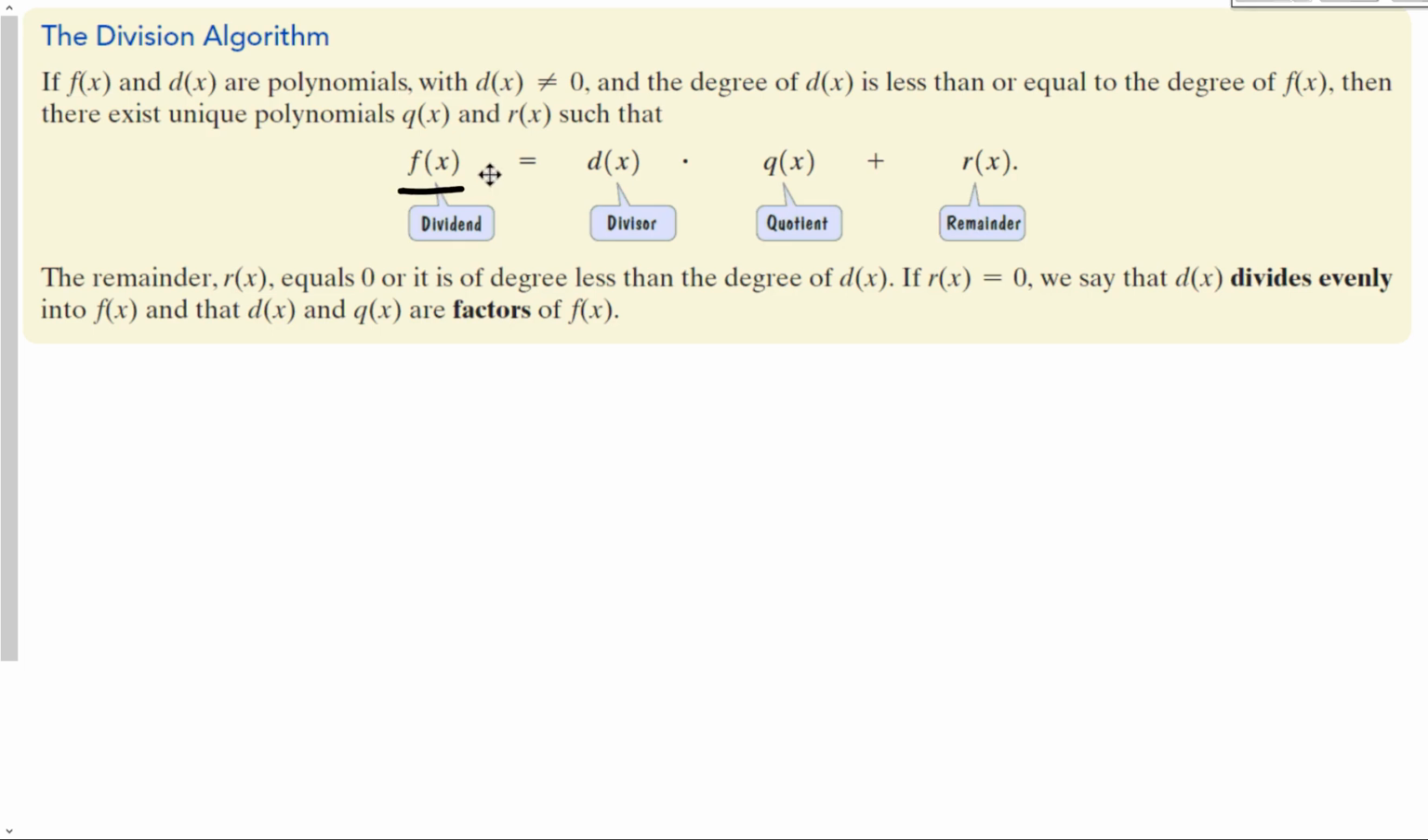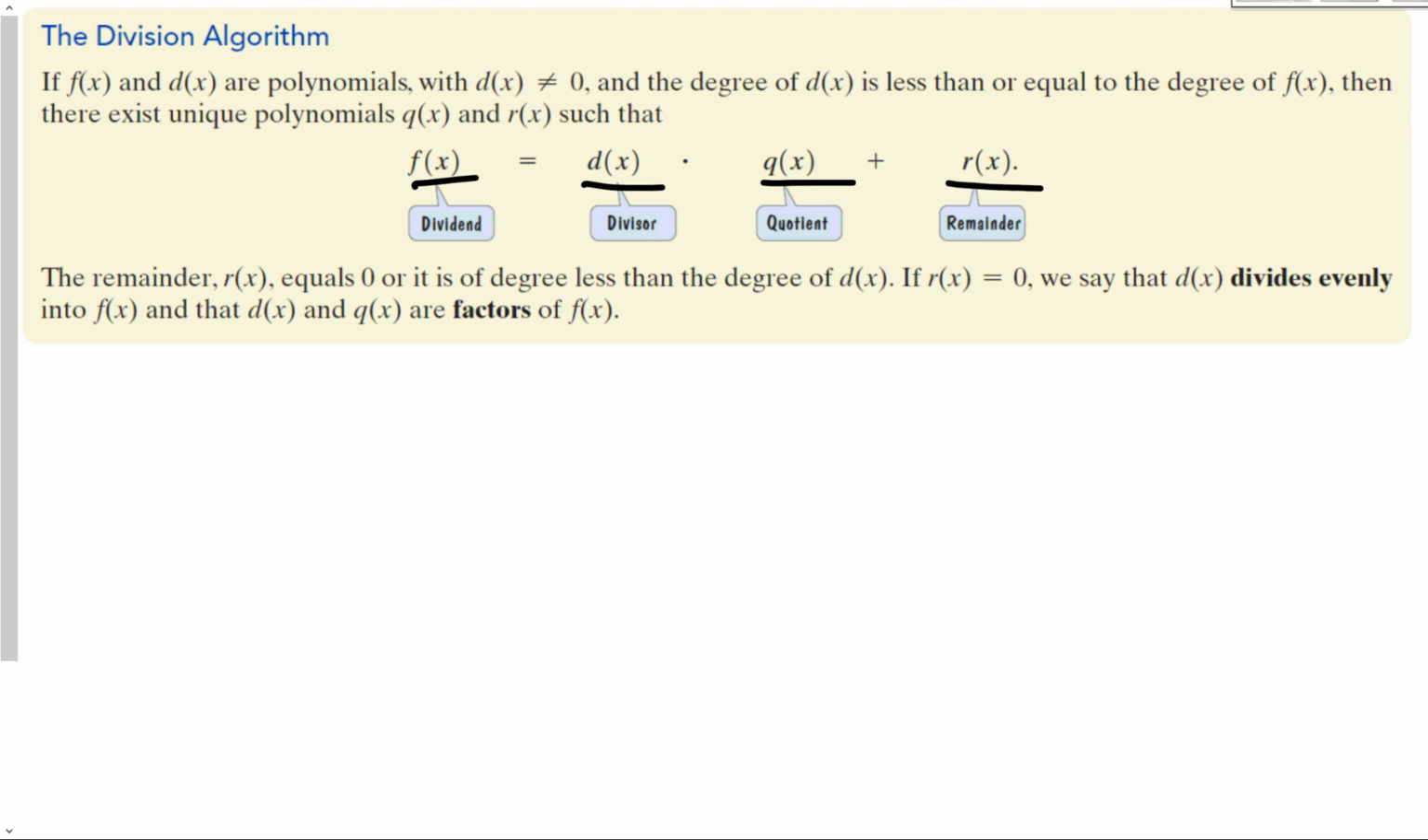That the dividend, so let's look at this whole thing. That f of x and d of x are polynomials with d of x not equal to 0. The degree of d of x is less than or equal to the degree of f of x. Then there exist unique polynomials q and r such that the dividend is equal to the divisor times the quotient plus the remainder. And this remainder doesn't just have to be a number, it could also be some sort of